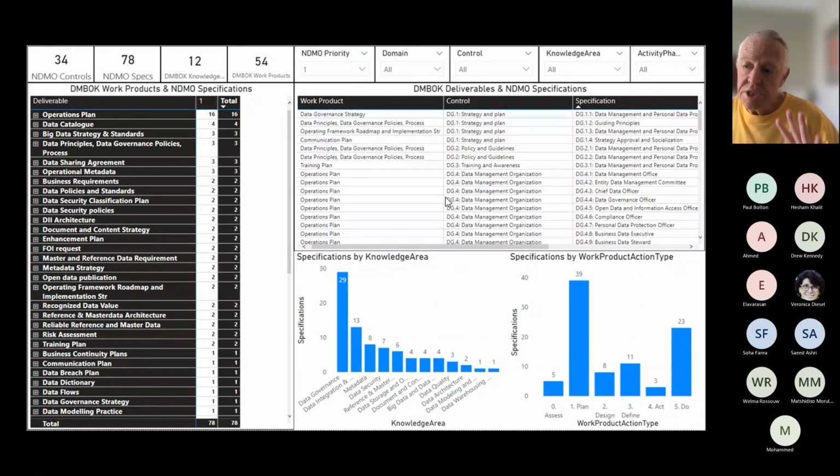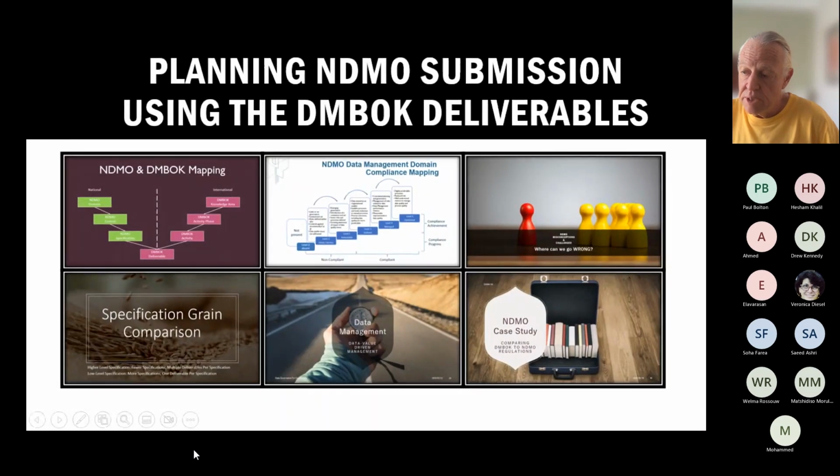Okay, so just as a big win, everybody, if you do these deliverables correctly, you can see, if I do this and if I do that, then when I click on a deliverable, these are all the work products and submissions that I'm getting out. Principles and policies, we did a catalog on that, and we can do them across all the NDMO stuff. So the benefit you're getting out of this is that you can progress in a very structured way, and you can move along the process, picking up all of these different elements.